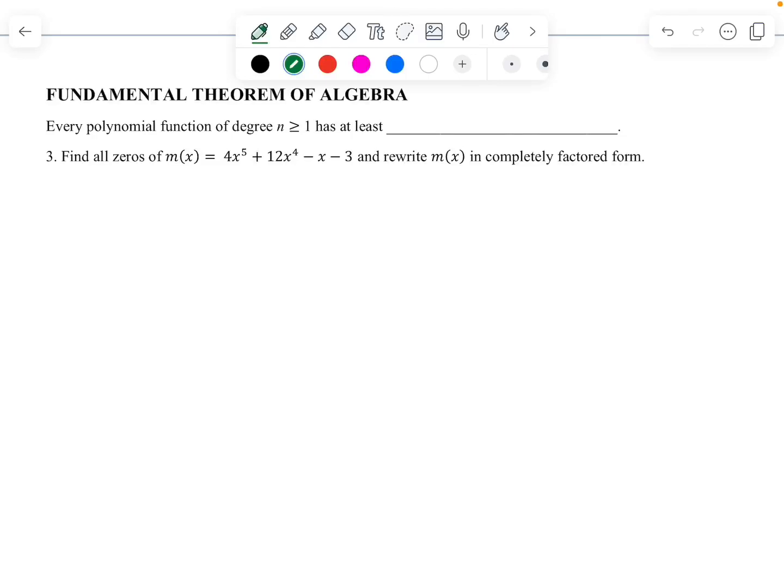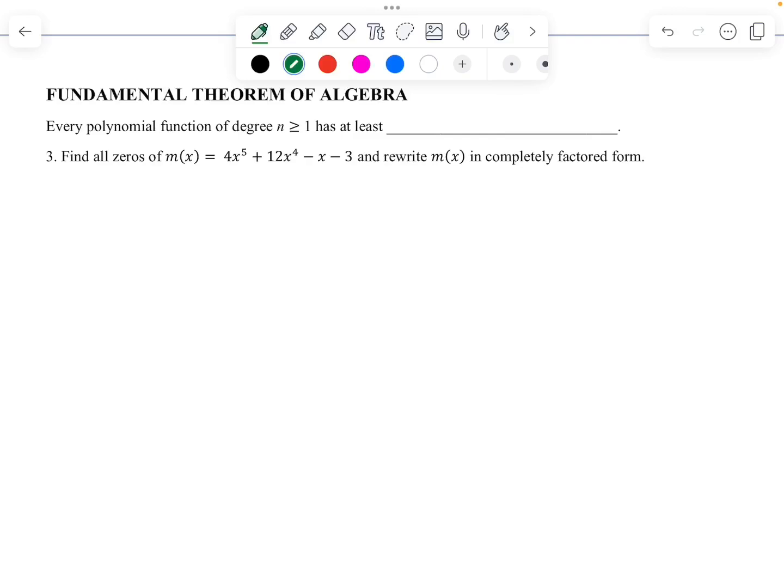Hello class, in this video I'll be showing you how to find all of the zeros of a polynomial function and how to rewrite a polynomial function in completely factored form. Let's begin. We will start with the fundamental theorem of algebra, and it states every polynomial function of degree n